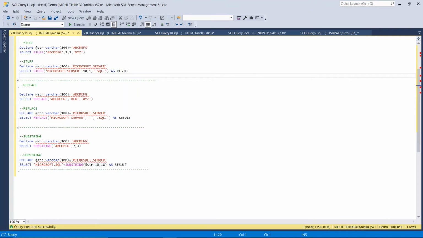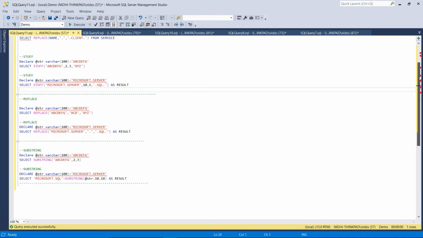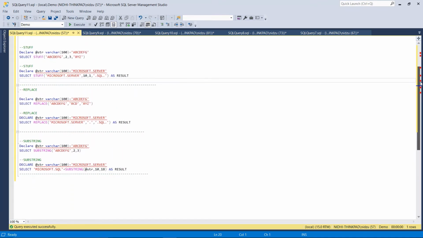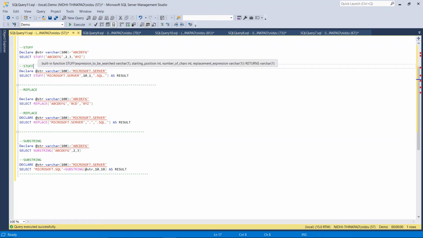So let's start with the STUFF function. Here I have written certain queries. First of all, I have declared a string of varchar type, and I have put a value in the string: ABCDEFG, and I want to replace BCD with XYZ. So I am using STUFF.